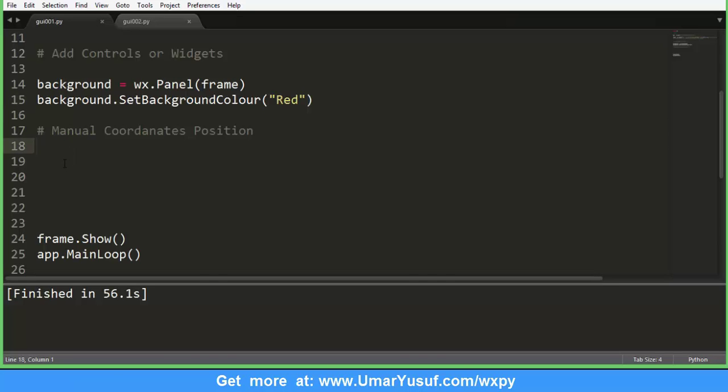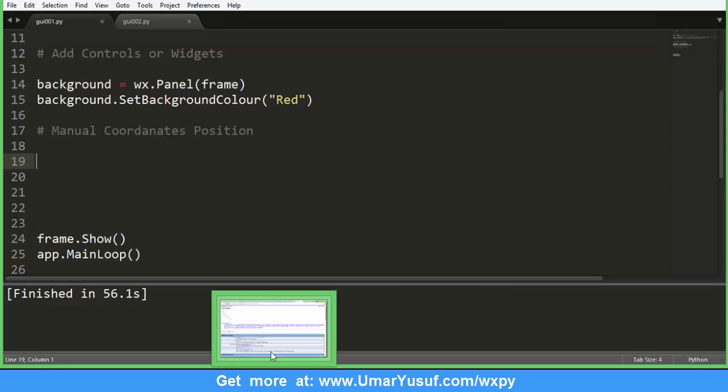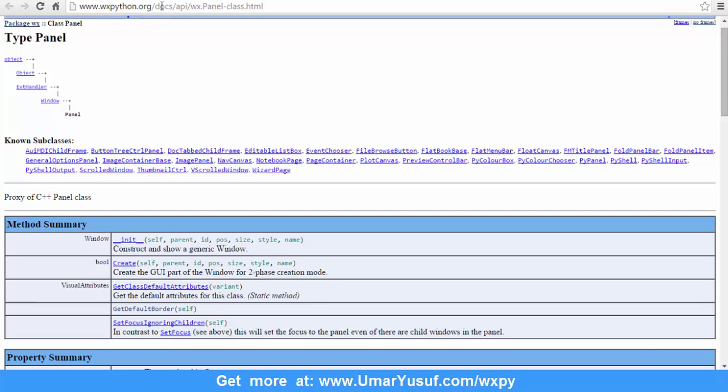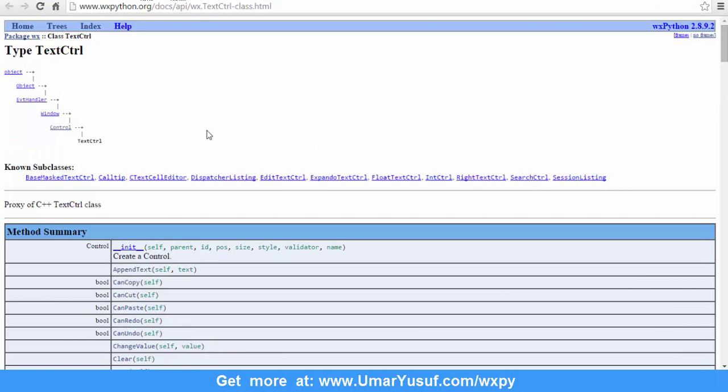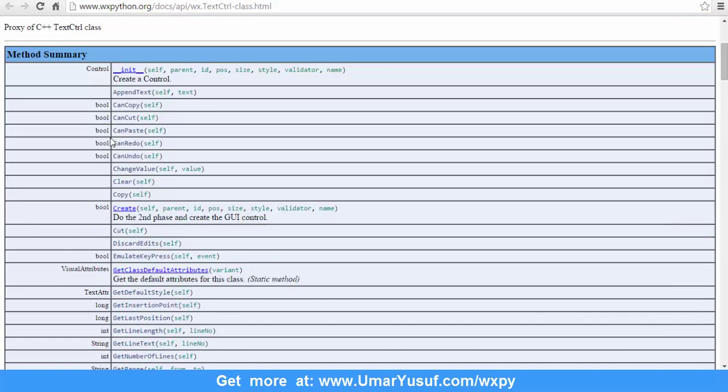So going back to the code, in order to add a control, you need to call the controls method, and different controls have different methods, which usually begin with wx dot the name of that control. So since we want to add a text area or a text field, the command or the syntax is given by this. If you access the documentation API, you see that the syntax